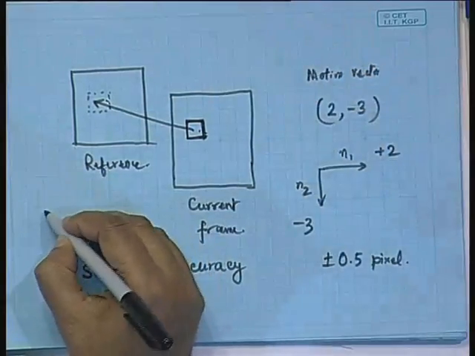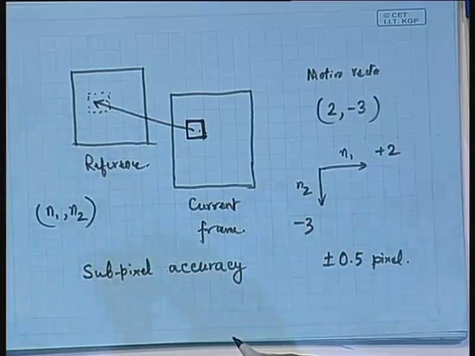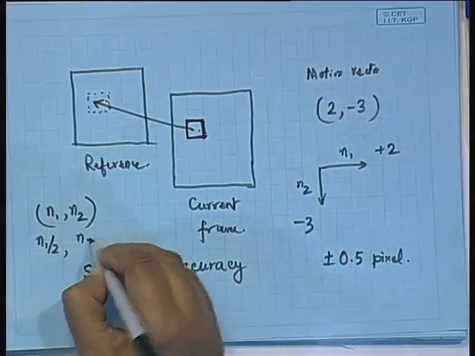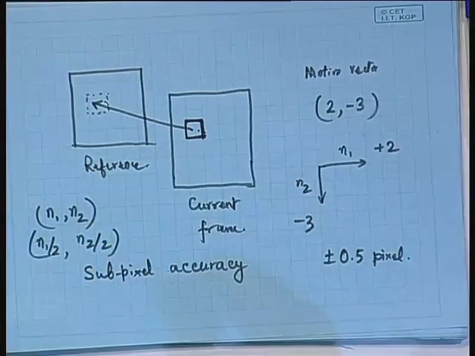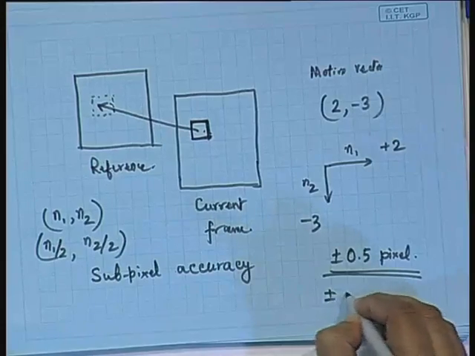So, which means to say that if the motion vector that I obtain is n 1 comma n 2 in the increased resolution space, then in the original resolution space my motion vector will be n 1 by 2 comma n 2 by 2. So, if n 1 happens to be 1, then n 1 by 2 happens to be 0.5. So, I can have sub pixel accuracy. This is in this case a half pixel accuracy, and now this can be extended to make it quarter pixel accuracy,